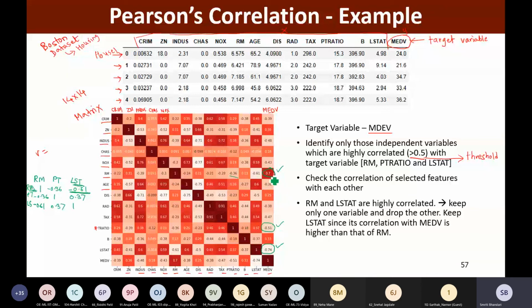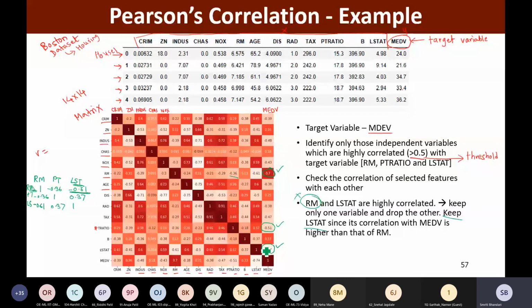So LSTAT is more correlated than RM with the target variable. So out of these two, RM and LSTAT, whichever is more correlated, we are going to keep that. So we are going to keep LSTAT since its correlation with the target variable is higher than RM, and we are going to remove this RM.